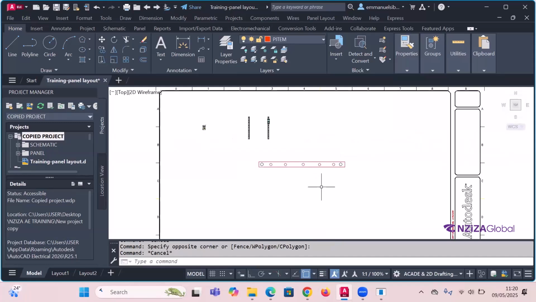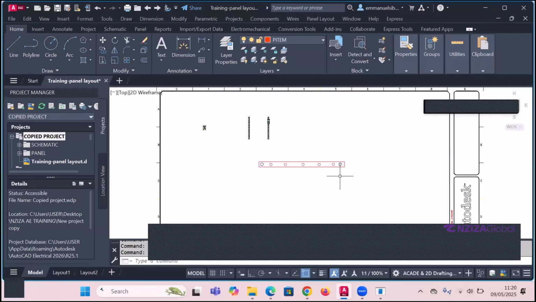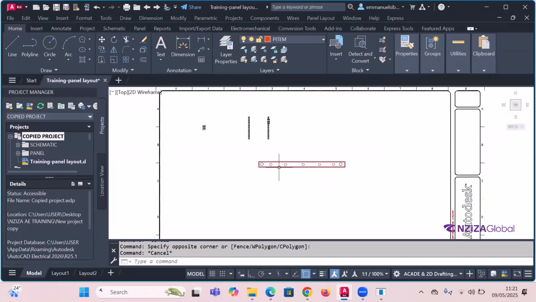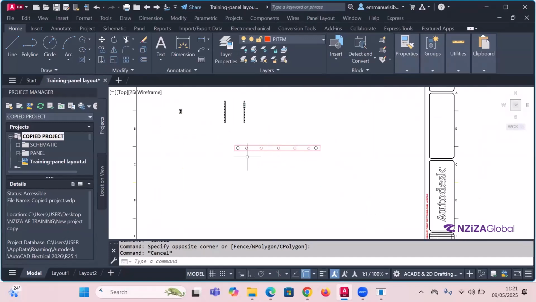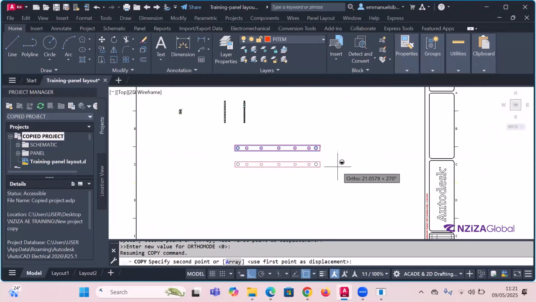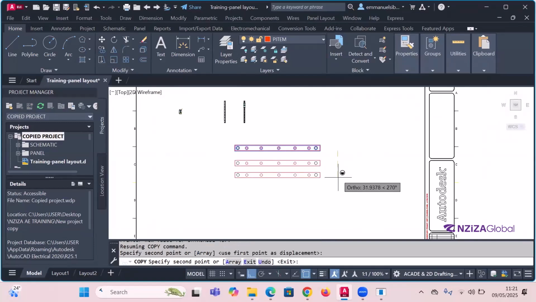Okay. This is the symbol I'm creating. That's the back. This is red cables. Let me copy it below. Like this one,